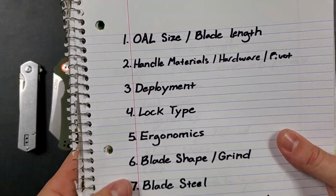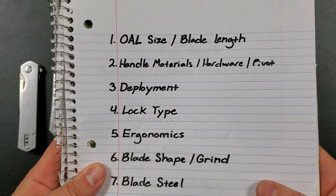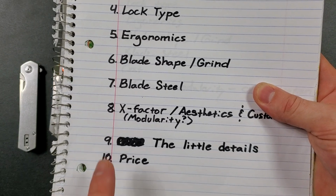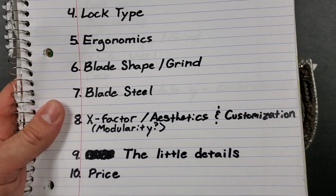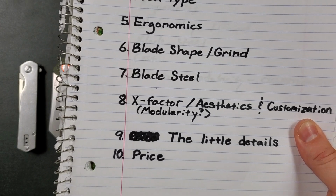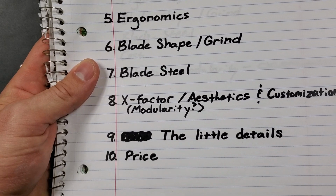Like I said, we are on episode 3. Today we're going to be talking about deployment. I want to let everybody know, this has actually been bumped up to a 10-part series from a 9-part series. I've added in episode 9, the little details. Things that I was thinking about the other night. I was like, I should probably offer some clarification on a few things that a lot of makers seem to just not get right. So this has been moved from a 9-part series to a 10-part series